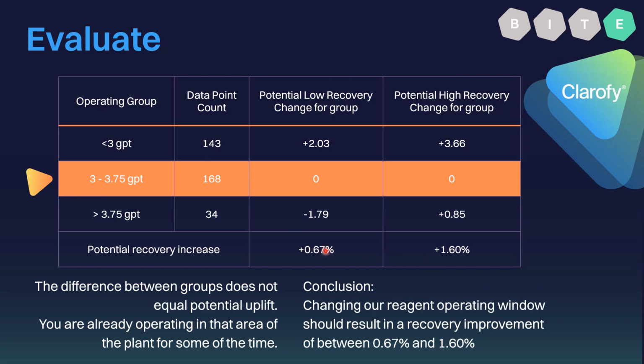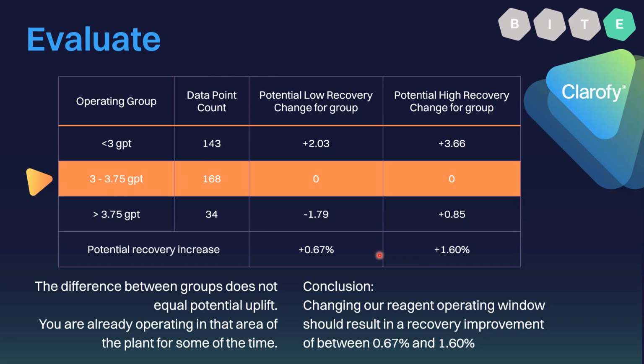So for this example, the weighted average tells us that if we operate all the time in this optimized operating state, we're going to get between 0.67% and 1.6% increase in recovery. So if you have worked in copper gold, that's a huge amount. That's like maybe your yearly KPI, maybe for 2 years or something, that you're trying to achieve over a whole year with all your improvement projects. So this was a good result.